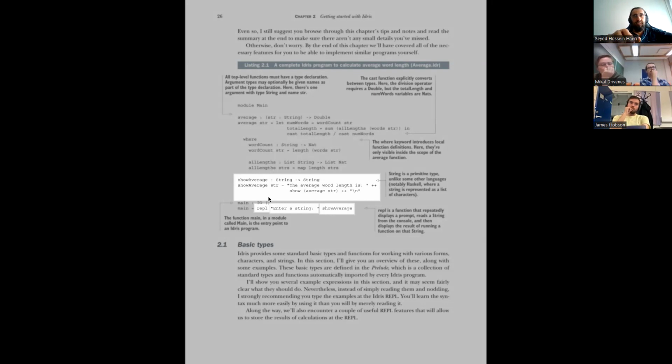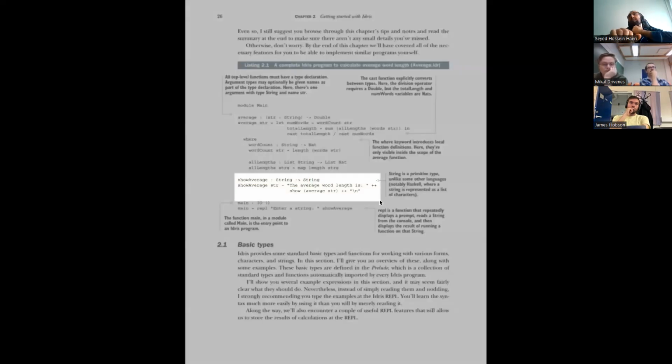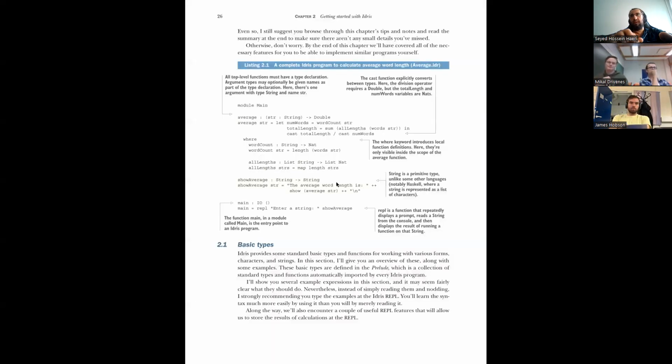Now I take it that this function show average you can read, right? Yeah. Now there is something you can understand as Haskellers, right? There is something here which is different from Haskell. It's that string is a standalone type. It's not a list of characters, right? It's a standalone type. Now, what else? I think pretty much everything here you understand. And I take it that as Haskellers, you know monads and all that. So you know the IO monad, and you can understand like